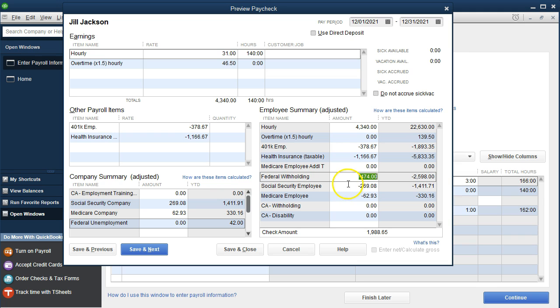Actually, the federal withholdings we will then enter at 474, Social Security 269.08, Medicare 62.93. That gives us our net check of 1988.65. That's our check number. Then we're going to have the Social Security at 269.08 for the employer portion, and Medicare employer 62.93. Once we have those lined up, we'll go ahead and go to the next employee by saying Save and